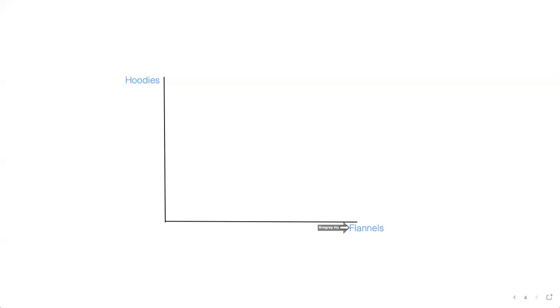Suppose you're a clothing manufacturer and you produce flannels and hoodies, but you're trying to forecast the demand for flannels. In that case, you would normally graph flannels down here on the x-axis, since this is the good you're interested in and this is your principal axis, and on the y-axis you would graph